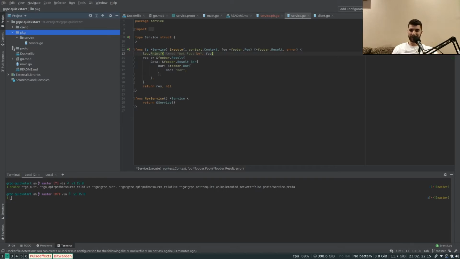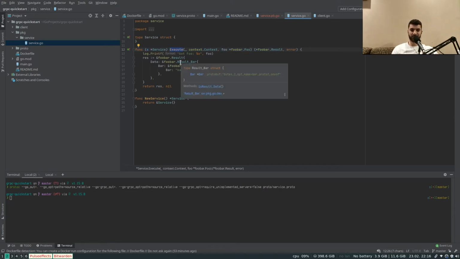So this is what I have done in here. Under my package folder, I created a folder called service, standing for the service layer, and a Go file called service.go. And I manually defined a type service, a struct, and on that struct I defined the method execute,